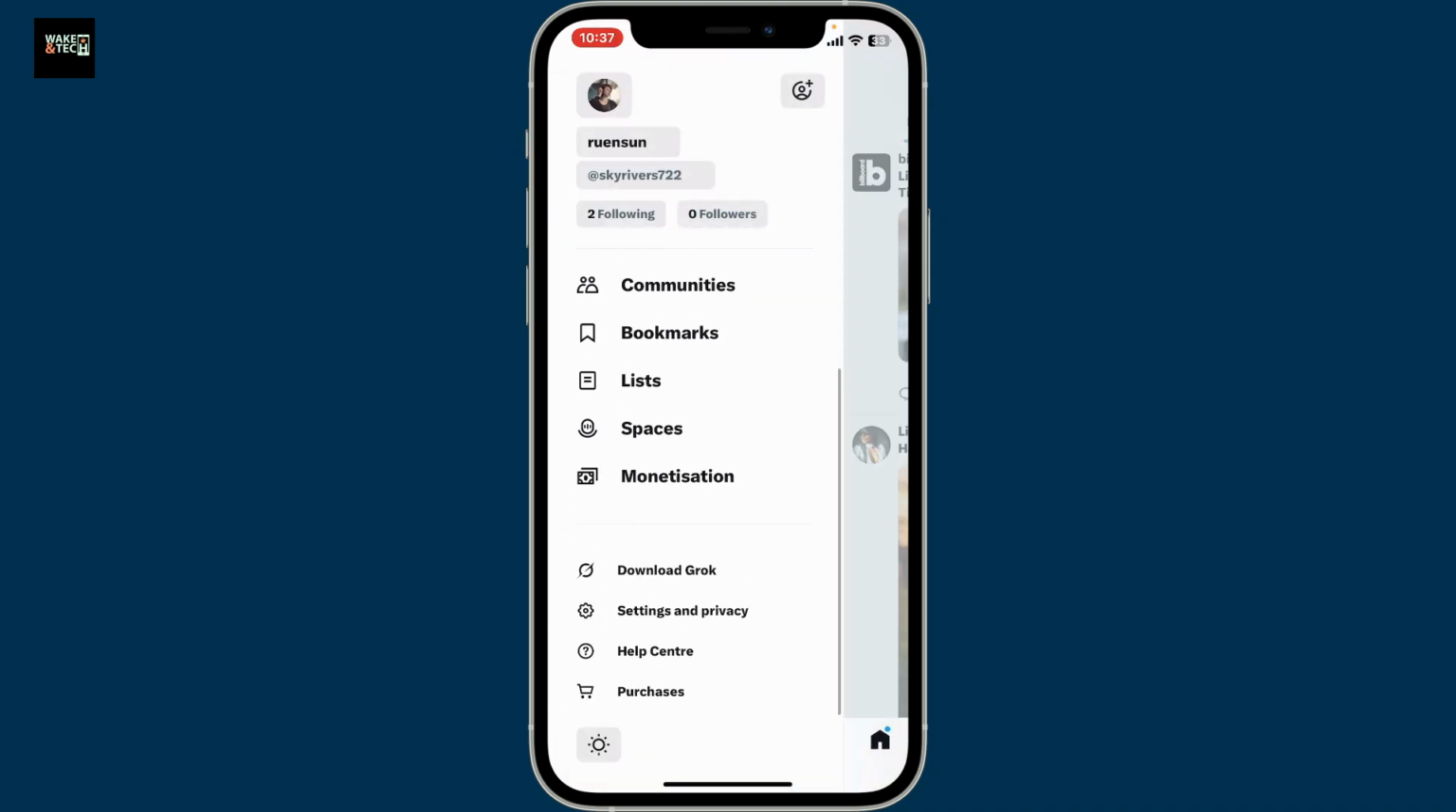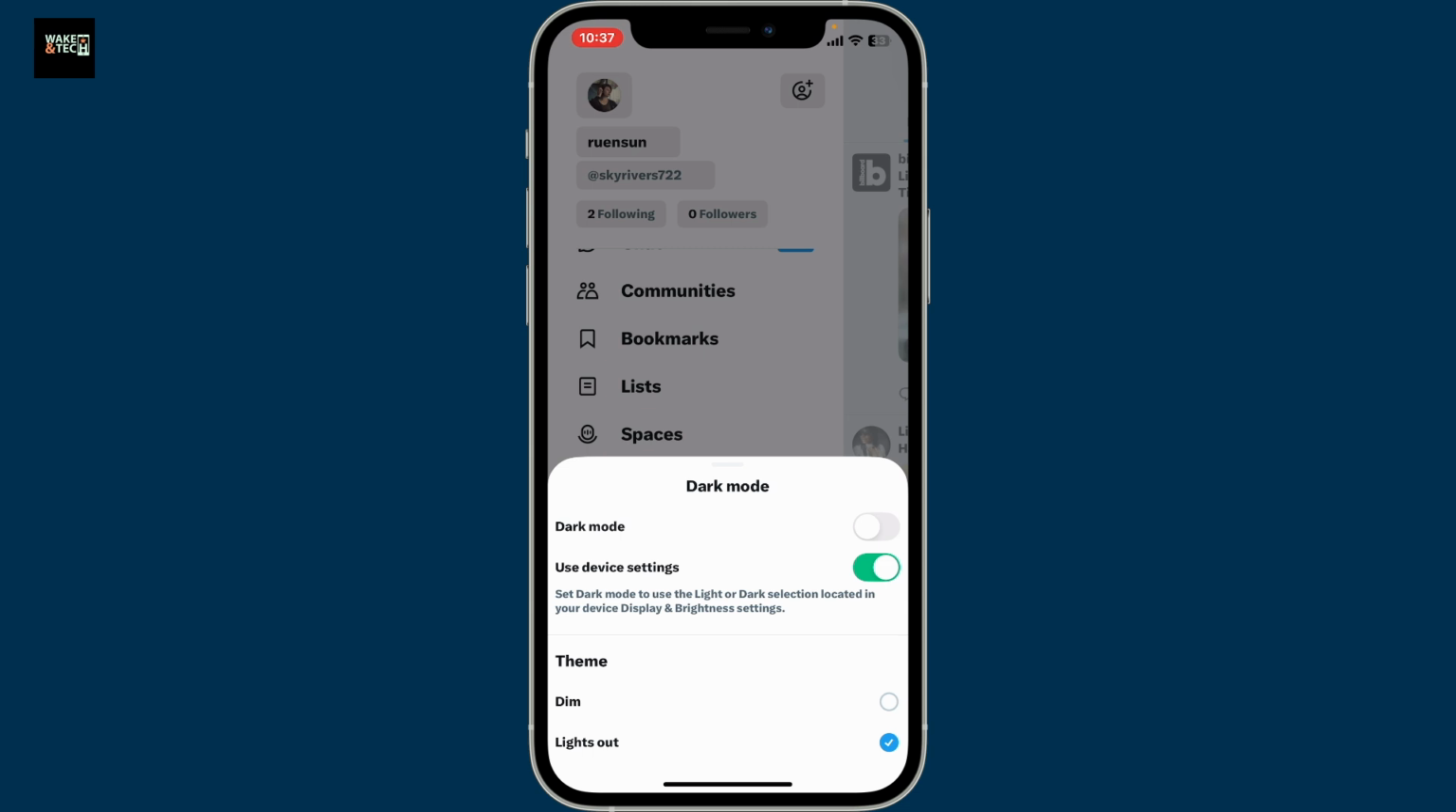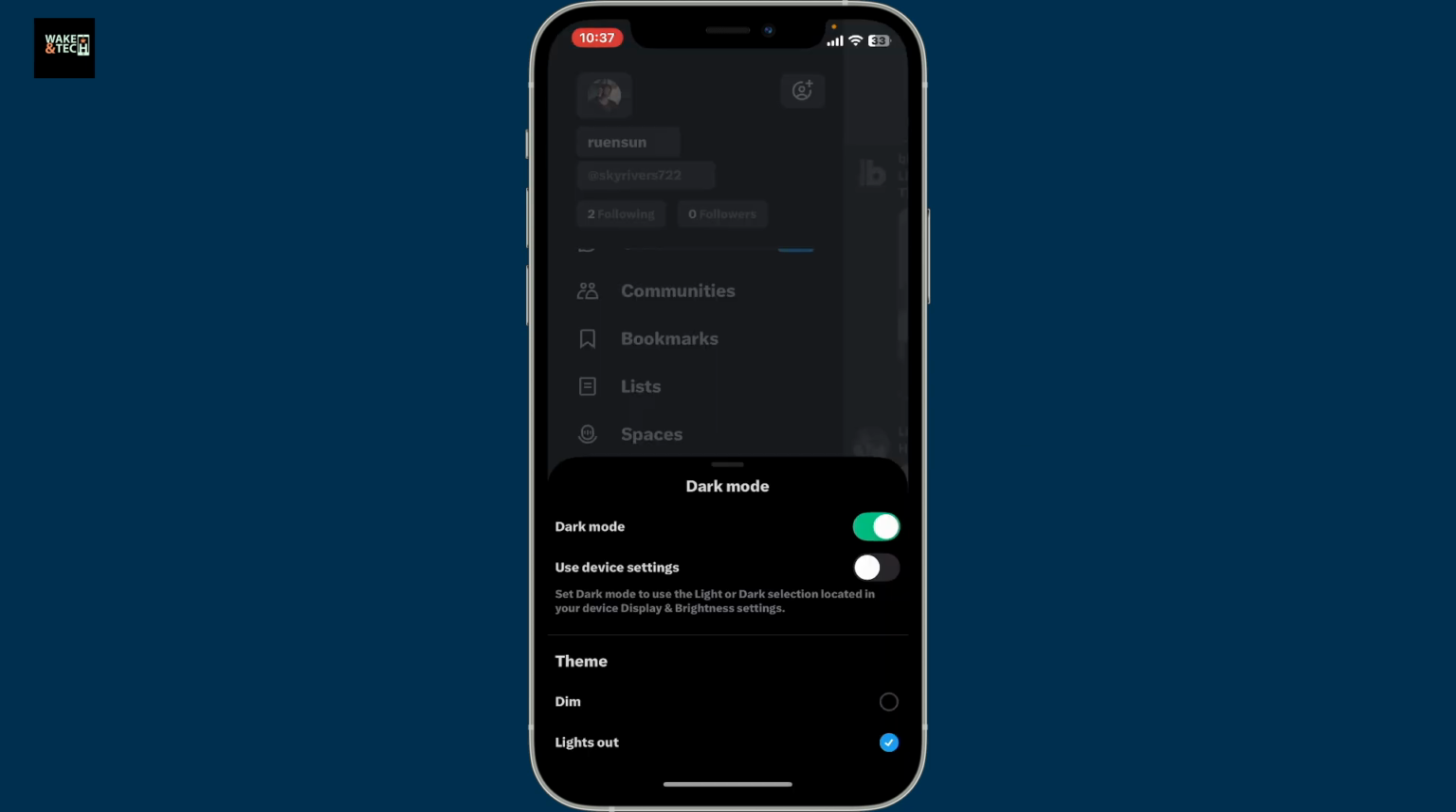In the expanded menu, go to the bottom left and look for the sun kind of an icon, tap on it, and then this will open up this pop-up menu from where you can toggle on the button right next to dark mode. Soon after you turn on the dark mode option, you will see that your X application interface